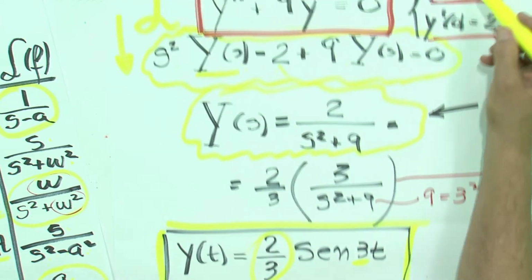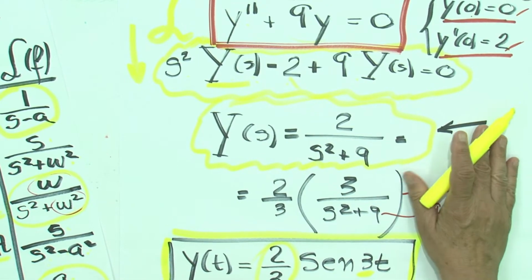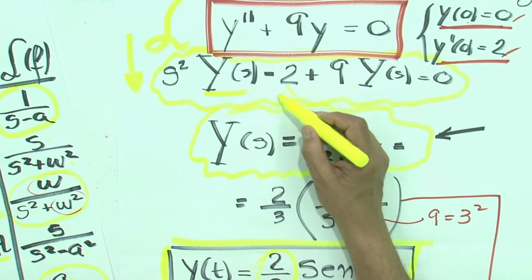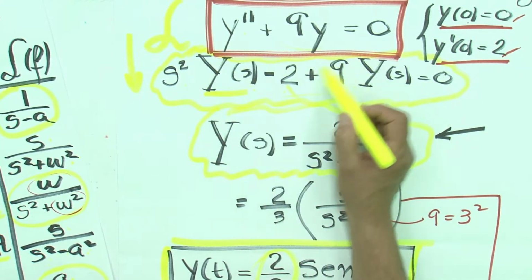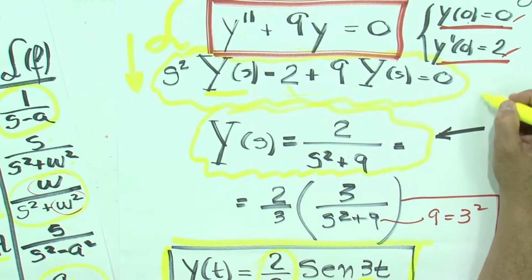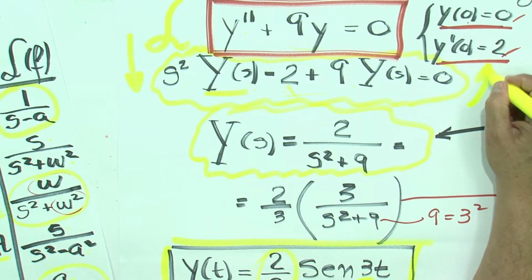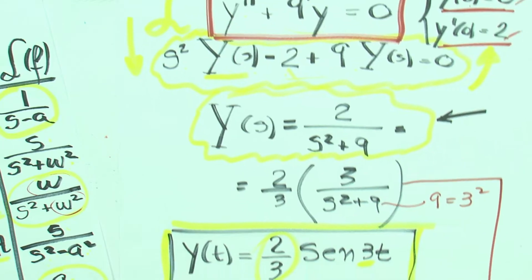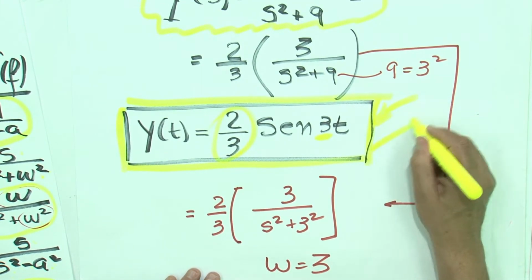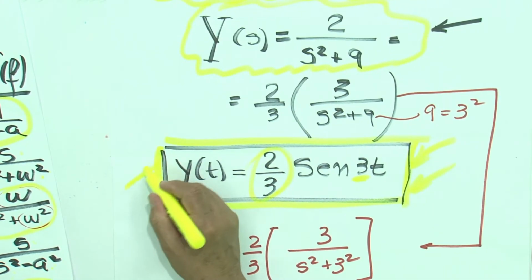You know, the initial conditions are very important in the Laplace solution, because without them, my Laplace transform of the equation will depend on values that I do not have. I have to rely on initial conditions to be able to do that. And this is the solution of the problem. So now I have the solution, you see, in 2 steps.